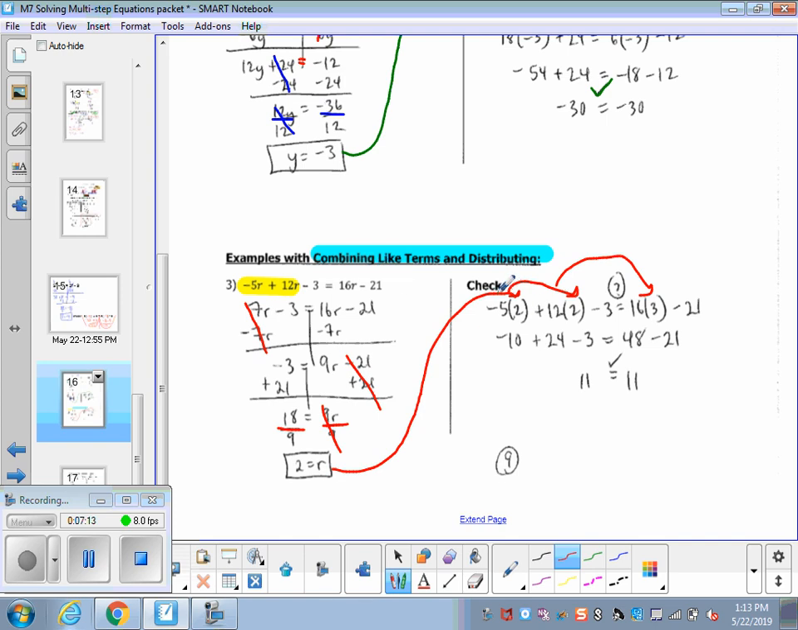So I've plugged it in, and I'm going to multiply now. I've got a negative 5 times 2 is negative 10. 12 times the 2 would be a 24. And then, of course, I have the minus 3. So negative 10 plus 24 is a positive 14. And now 14 minus the 3 puts me at 11 on this side. Now on the other side, 16 times 2